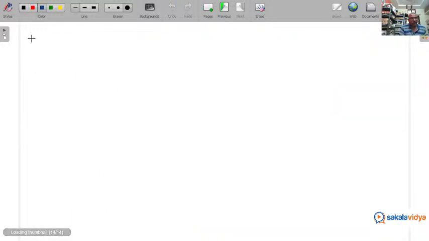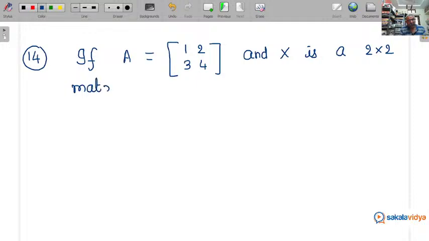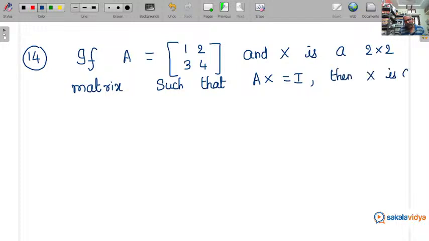So now let us move to the 14th question. If A equals [[1, 2], [3, 4]] and X, capital X, is a 2 by 2 matrix, second order matrix, such that AX is equal to I, identity matrix, then X is, X is the unknown matrix we need to find out, then X is